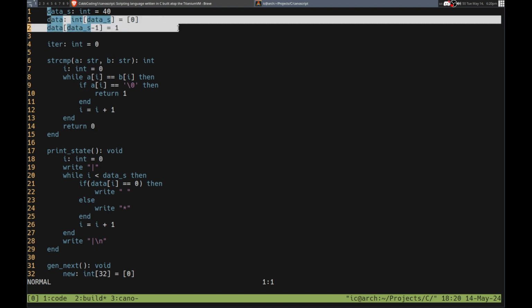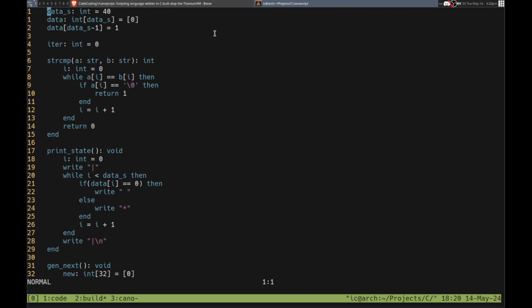But it still needs to be freed, even if it's like this, because it's basically the same thing, just with more type information. Because we don't have stack